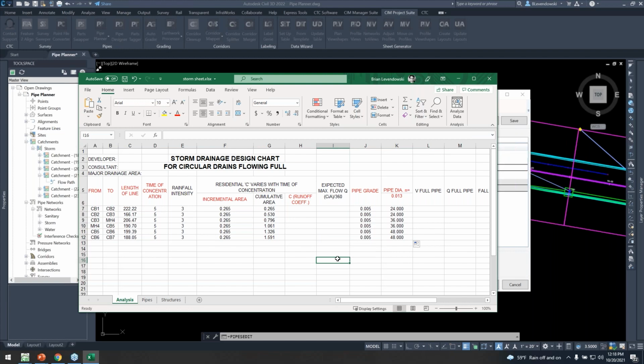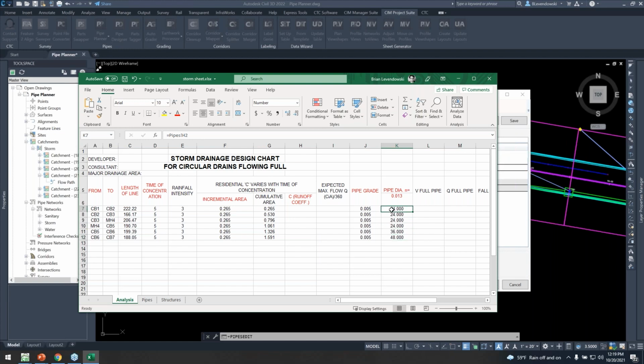Okay, so basically nearly the state I have this in right now is how you're going to leave your spreadsheet, and then dump the information in either directly to this tab or on separate tabs like this. Calculate your velocities, your flows, and so forth. Okay, and then we're simply changing sizes or inverts. Perhaps some of this can be a bit smaller. These were 24 inches,